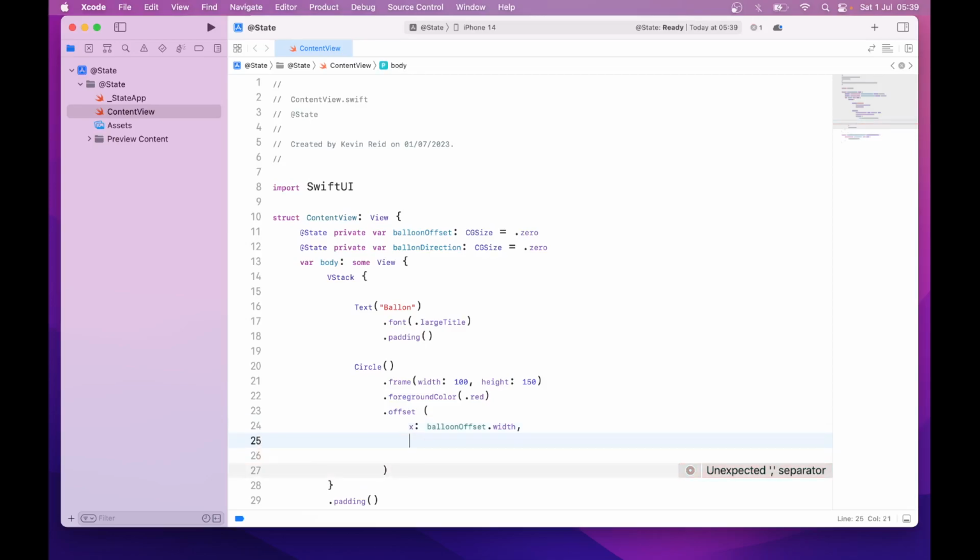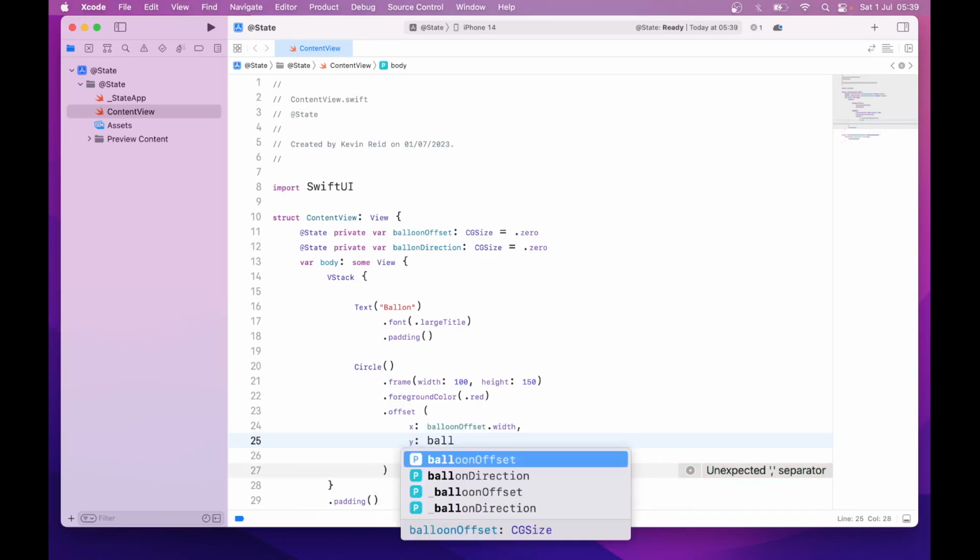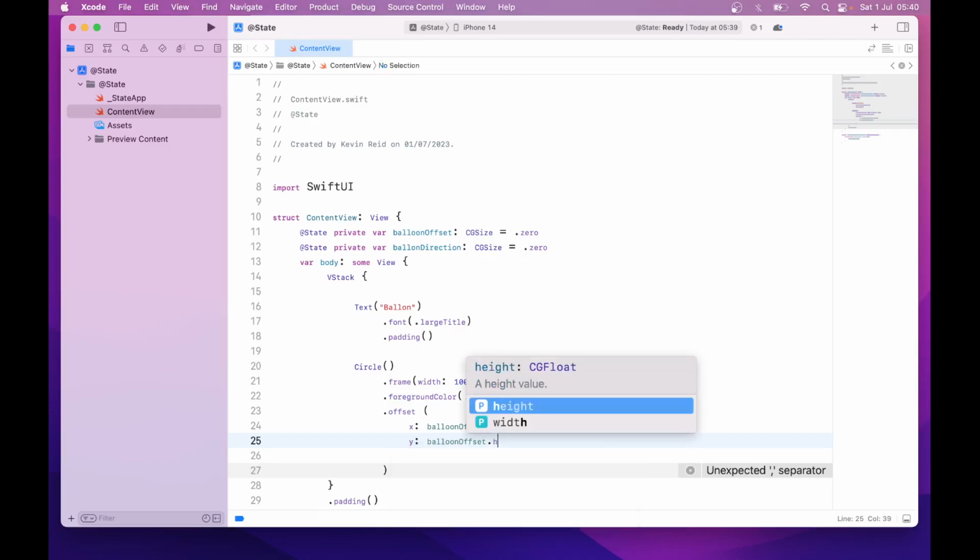Then next, type in y: balloonOffset.height